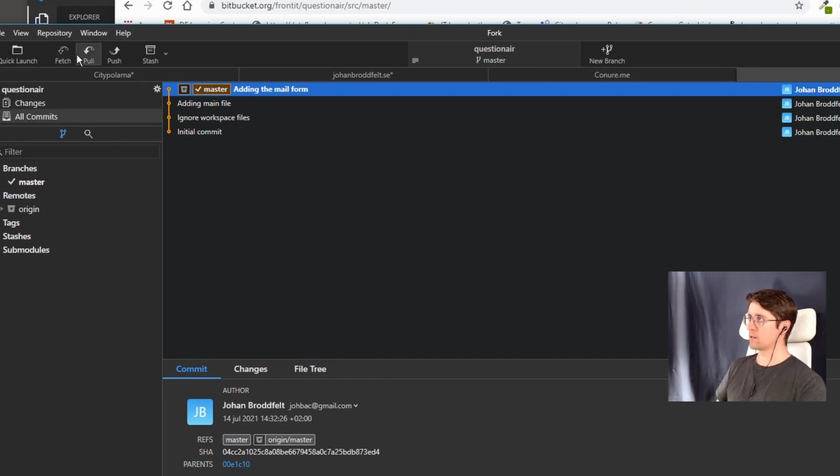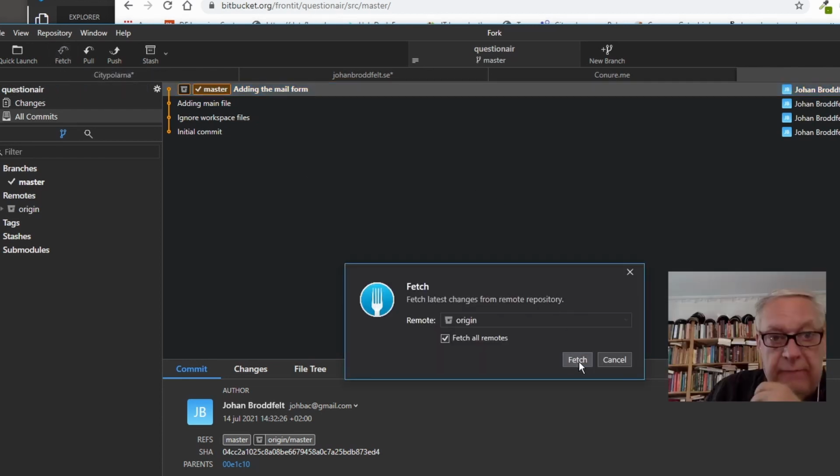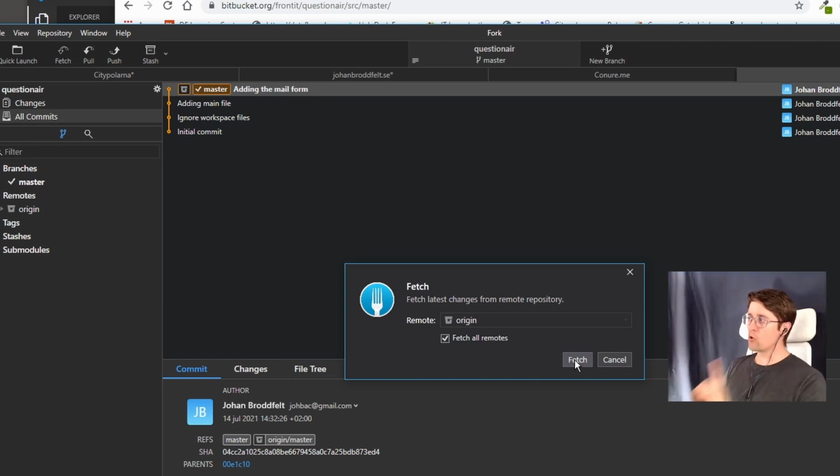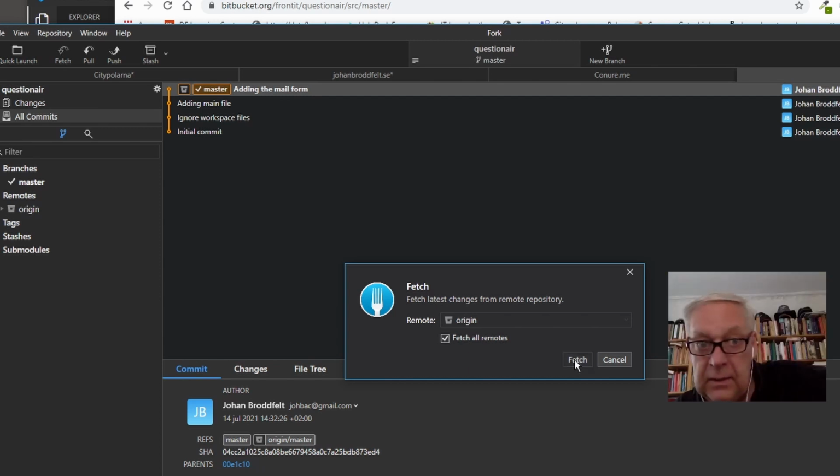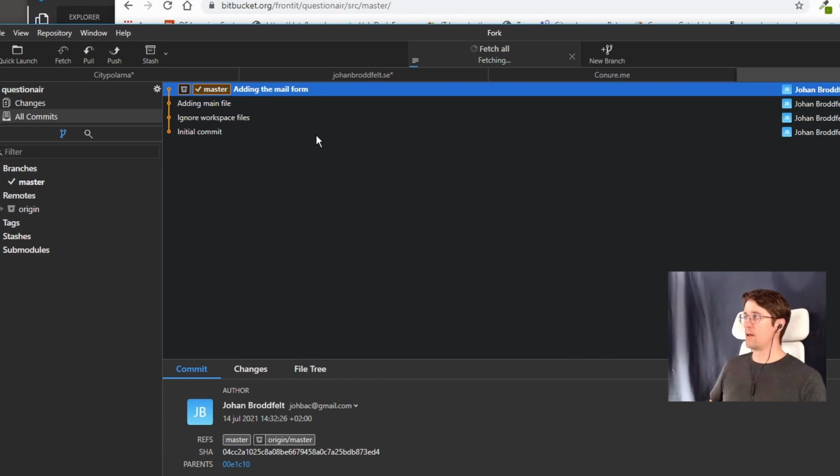But if it doesn't do that directly, you can do a fetch. A fetch? Yes. But how is that different from pull? The fetch only looks at what's up on the Git repository. It doesn't do anything. It only checks if there's something new there. Okay, and then? So if I click fetch,